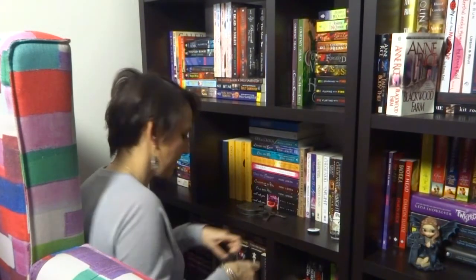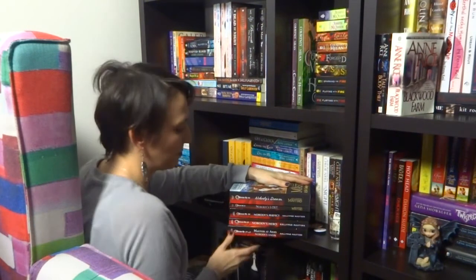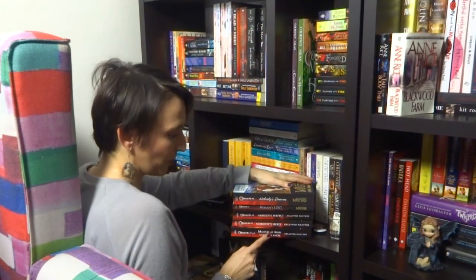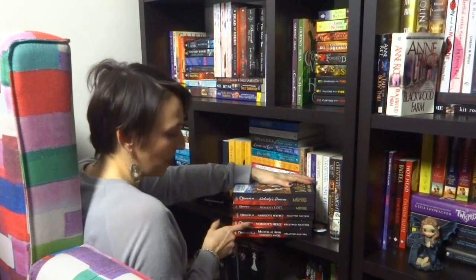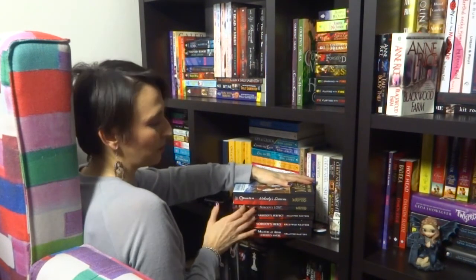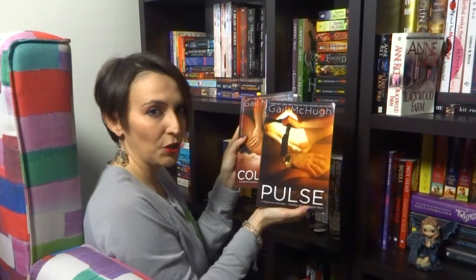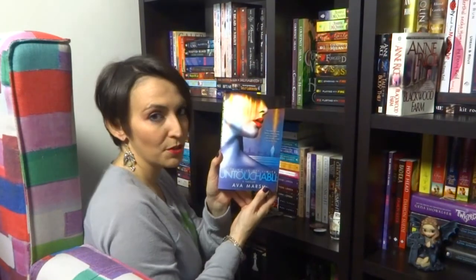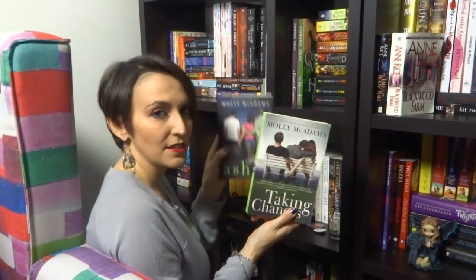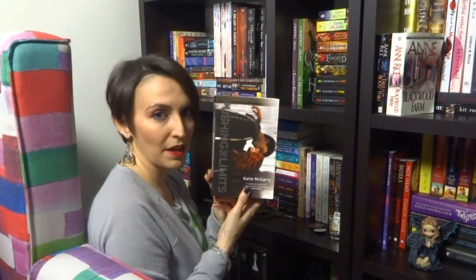And down here I have a pair of shackles, and I have my Calypso Masters books, which I have Masters at Arms and Nobody's Angel, which is one paperback, Nobody's Hero, Nobody's Perfect, Nobody's Lost, and Nobody's Dream. Then I have Pulse and Collide by Gail McHugh, the advanced reader copy of Burn It Up by Kara McKenna, Untouchable by Ava Marsh, Taking Chances and From Ashes by Molly McAdams, Pushing the Limits by Katie McGarry, The Boy